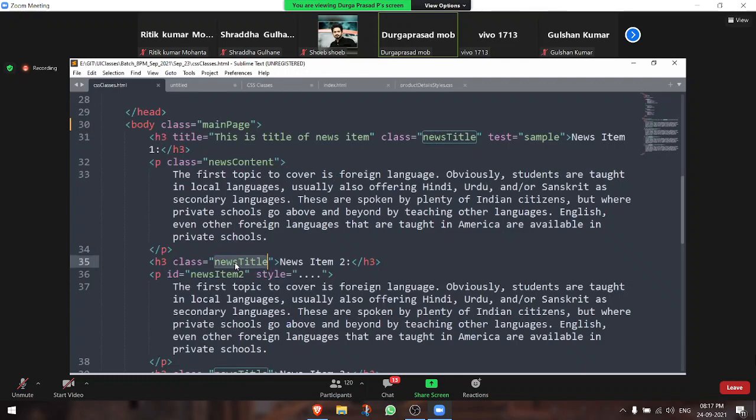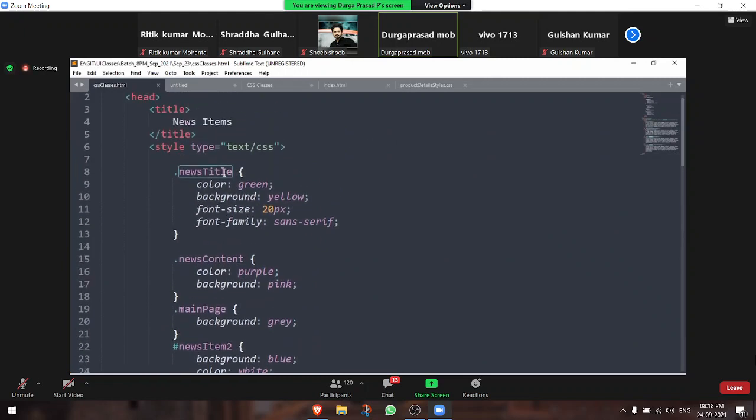Why don't I simply say that every H3 tag should have the same set of CSS properties? We are not going to give the class name here. We can simply give the tag name, I simply say H3, something like this.